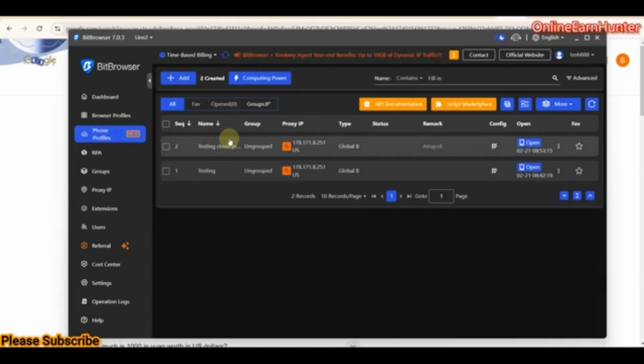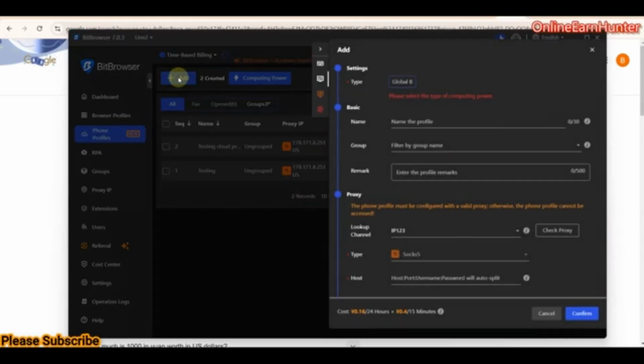Remember, for you to operate the BitBrowser cloud profile, you need to have a phone profile. I'm going to show you how to create one, and also you need some computing power, which I've showed you how to buy. So now, how do you set up a cloud phone profile? Just click here, setup. For example, here you can say Atapol. I like using Atapol because they are very high paying and they are only based on apps. So Atapol surveys, you can just write anything,